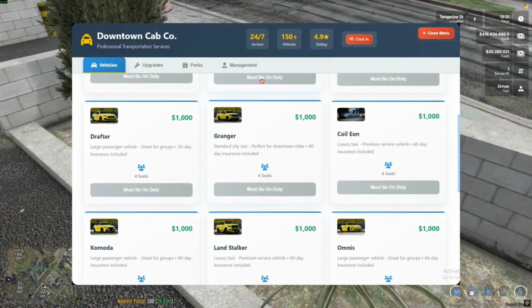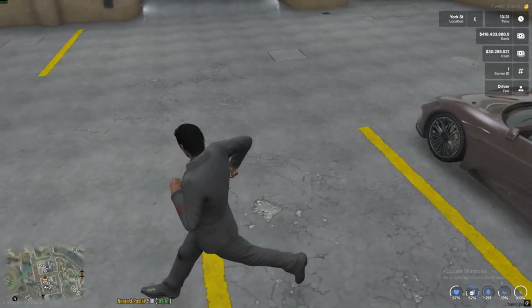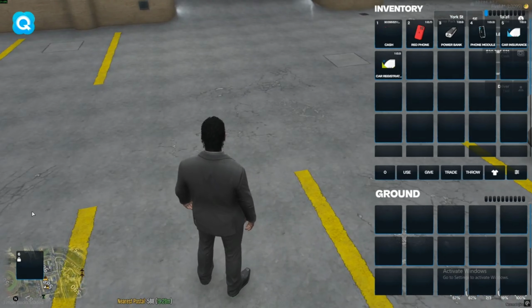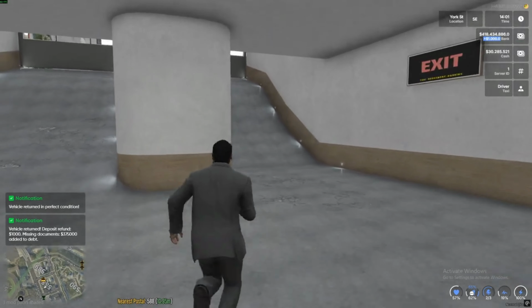All right, so we go in the vehicle. I mean, you don't necessarily have to go in the vehicle. This is all just for testing. So I'll go in my inventory right now, and then I'll remove the items from my inventory. These prices are all configurable in the config. You can do as much as you want, it's up to you. So now when we return the vehicle, it'll let us know we have to pay this amount because we did not return the items.